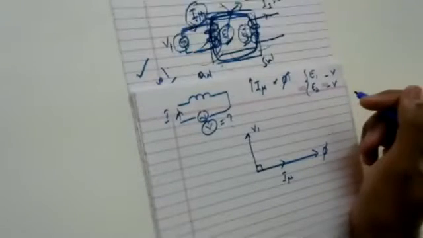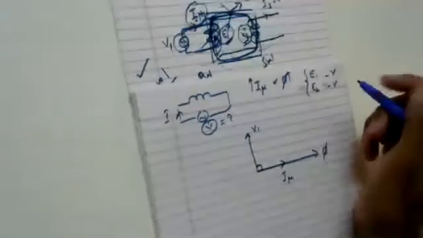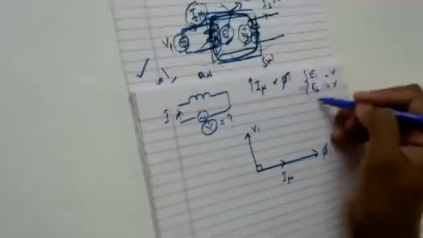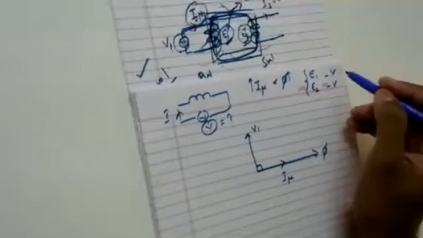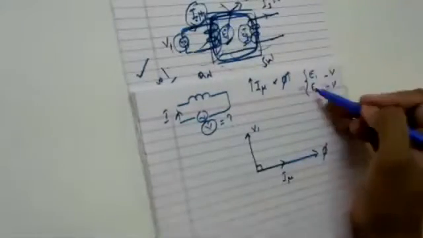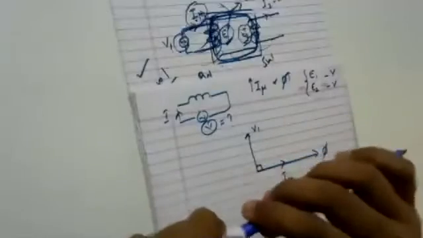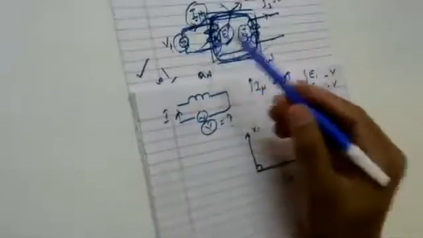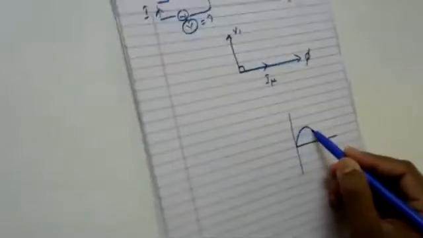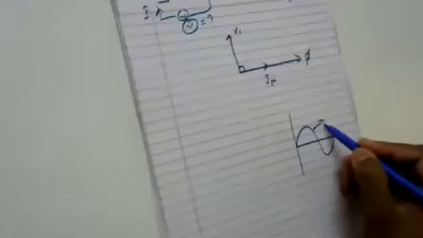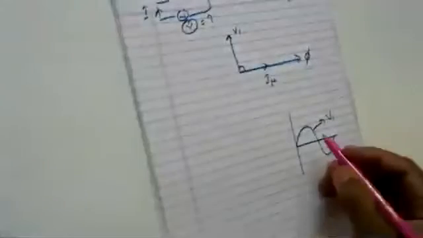We said one thing during the operation of this transformer: the polarity of your induced EMF will be in phase opposition to the supply voltage. So what does this mean? We had drawn one waveform, I hope you remember it, wherein we said that if this is my supply voltage V1, how will my induced EMF be? Induced EMF will be in phase opposition.